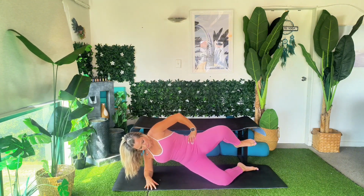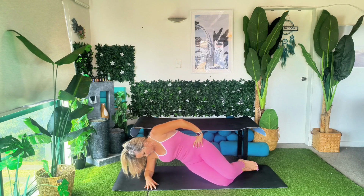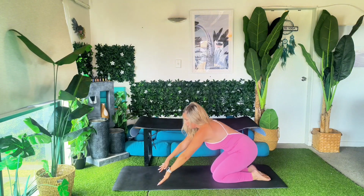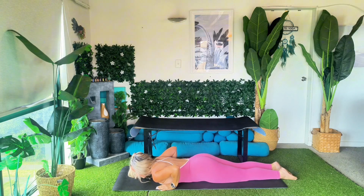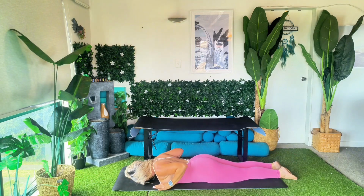Breathing in, breathing out. Give it your all. We're nearly done, you guys. Give it your all. You can do this. Nice. And then coming all the way down, lowering down, and then let's come all the way over. Starting to come to your high kneeling. Inhale, reaching the arms up. Exhale as you bring the arms all the way down, bringing the hands down, lowering the whole body back down